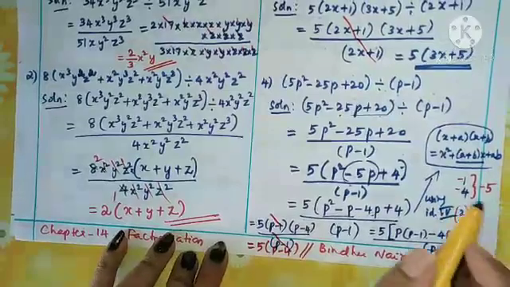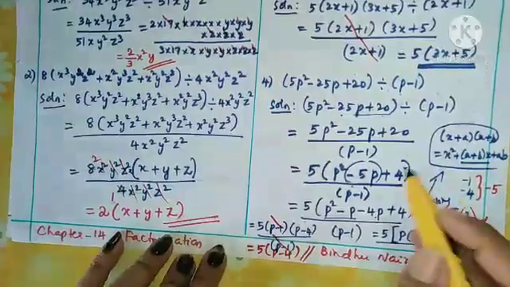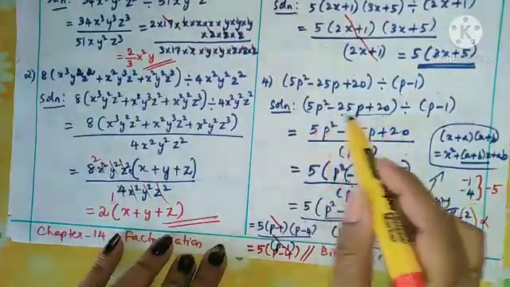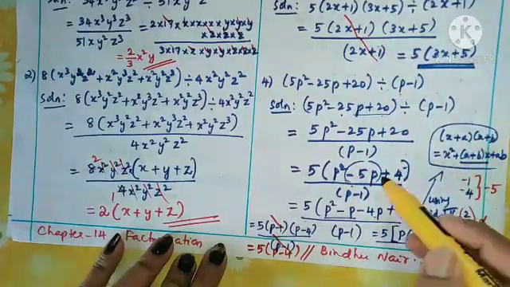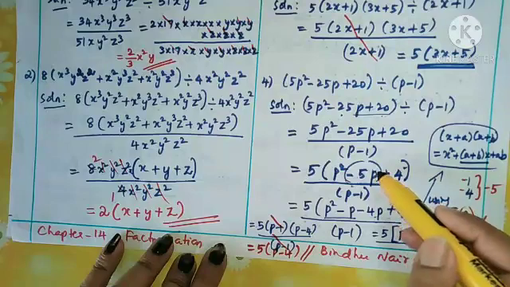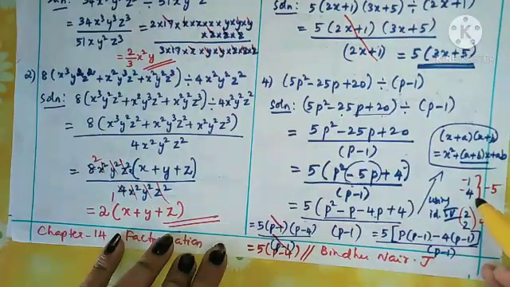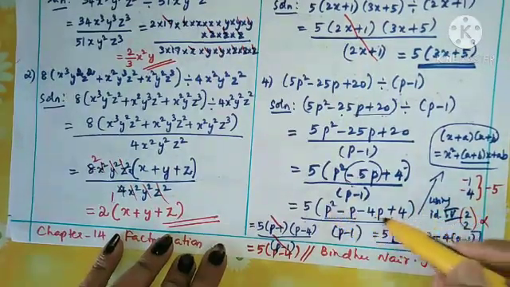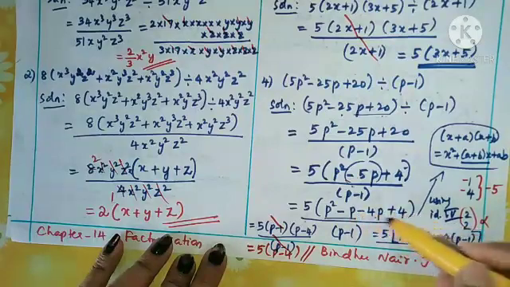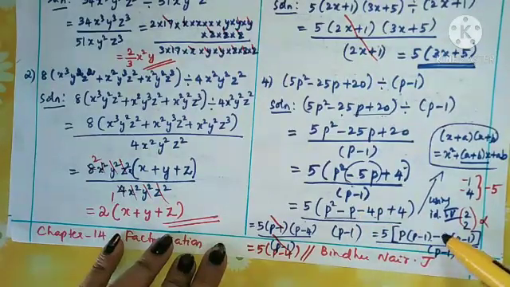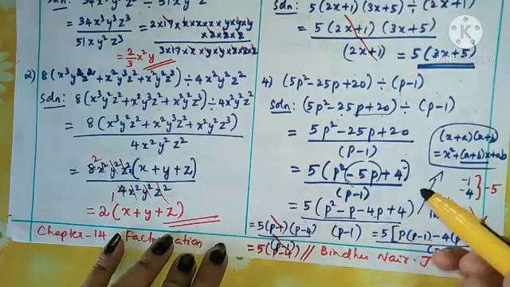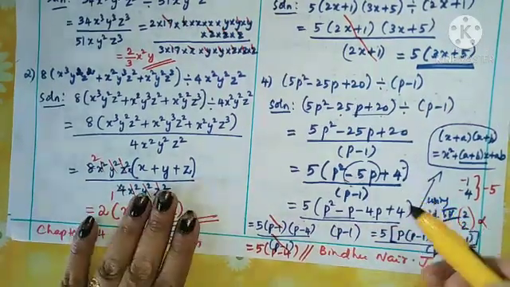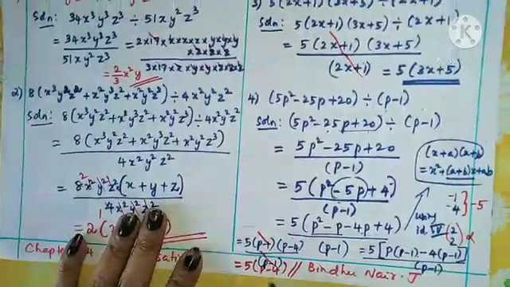So this is some important question. Whenever you get this form of algebraic expression, you want to use the identity 4 and split the middle term and find the proper two numbers. Then you want to use the regrouping method. Then find the common factors. After that you use the cancellation method and you get your required answer. What is the answer here?